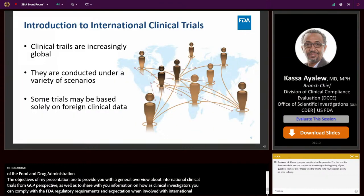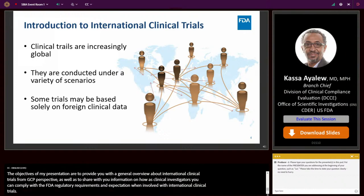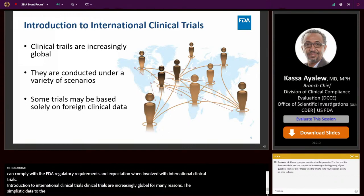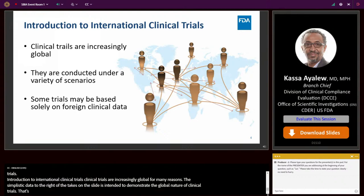Introduction to international clinical trials. As most of you know, clinical trials are increasingly global for many reasons. The simplistic diagram to the right of the text on the slide is intended to demonstrate the global nature of clinical trials that are contributing data to marketing submissions or authorization to the US FDA or to any other regulatory